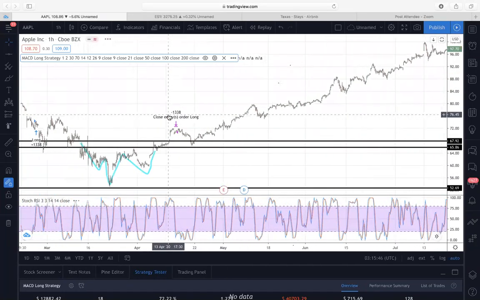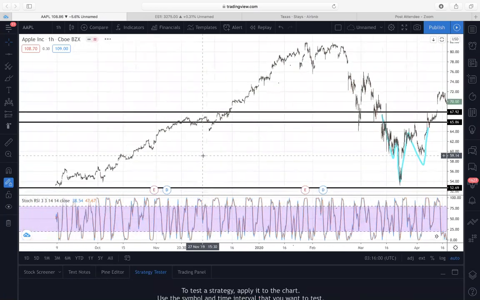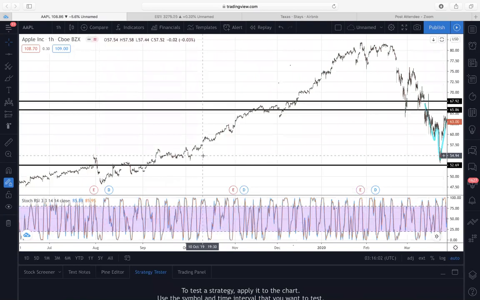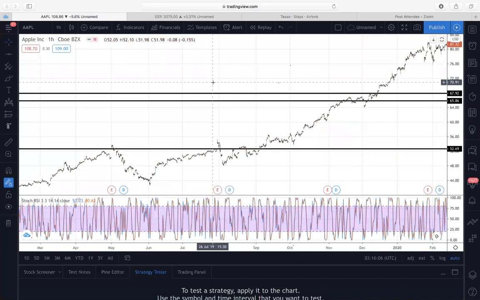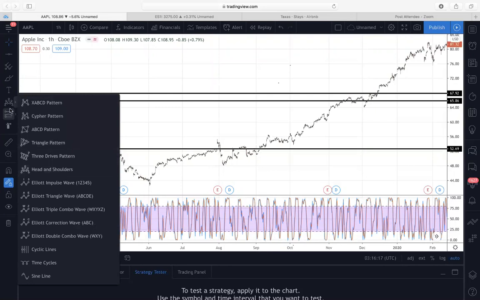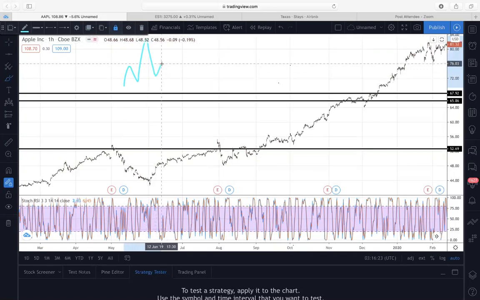It's not 100%. Okay, yeah, this is just another thing that I'll get into in depth, but essentially what I wanted to talk about was the head and shoulders, right? Which I call the pattern of a true anatomy, because you think about it, a head and shoulders is a human. You know what I'm saying? You have the shoulder, then you have the head, and then you have the other shoulder,